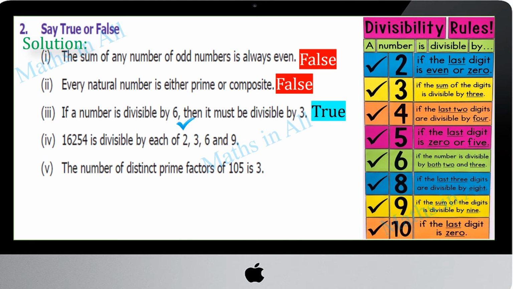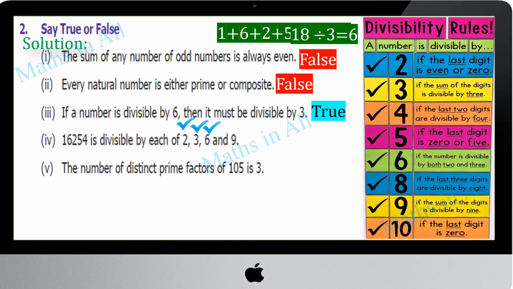If the sum of the digits is divisible by 3, we can find it just by adding all these numbers. Okay? See here, 18. Sure, 18 is divided by 3 and the answer is 6, right? So 3 also it's divisible. Come to 6. If the number is divisible by both 2 and 3, we have already found 2 and 3. So 6 also okay. Now come to 9.